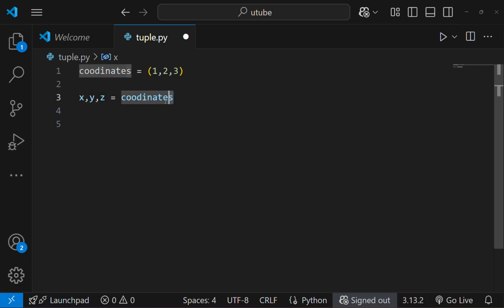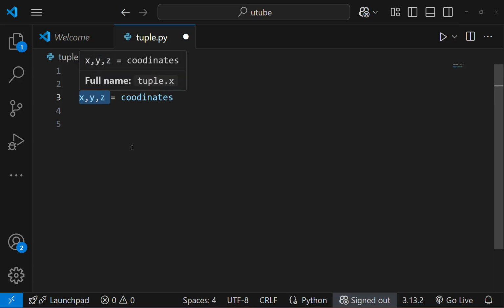Similarly, it will get the second item and assign it to the second variable, and similarly we get the third item in our tuple and assign it to the z variable. So we are unpacking this tuple into three separate variables.